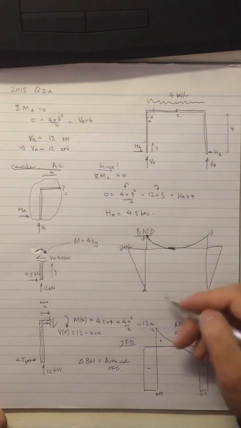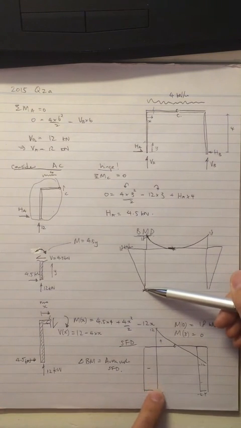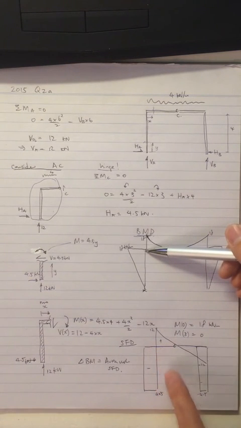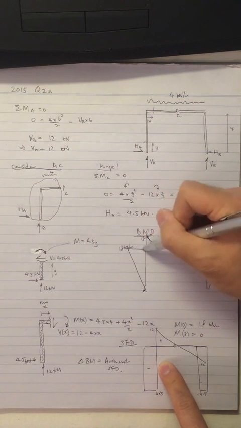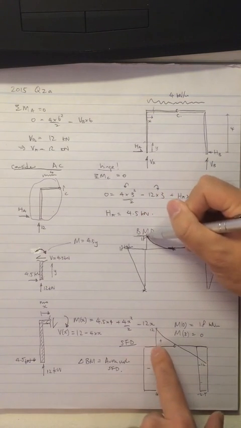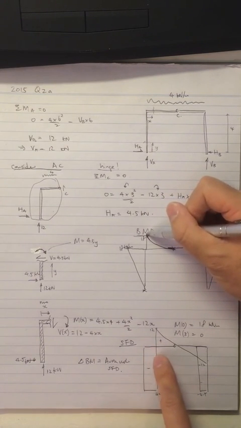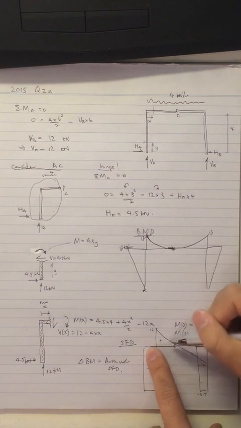So rather than making a cut, for example, if you start off with bending moment 0, by the time you get up to the top, you've got a change of bending moment equaling the area under this shear force diagram. So it's 4.5 times 4, which happens to be 18. That will let you know that the bending moment will be that value. And here you'll know the bending moment is 18 because it goes around the corner. And then the next thing you know is that the change in bending moment between this point and this point is the area under the shear force diagram here, which is half times base times height, a half